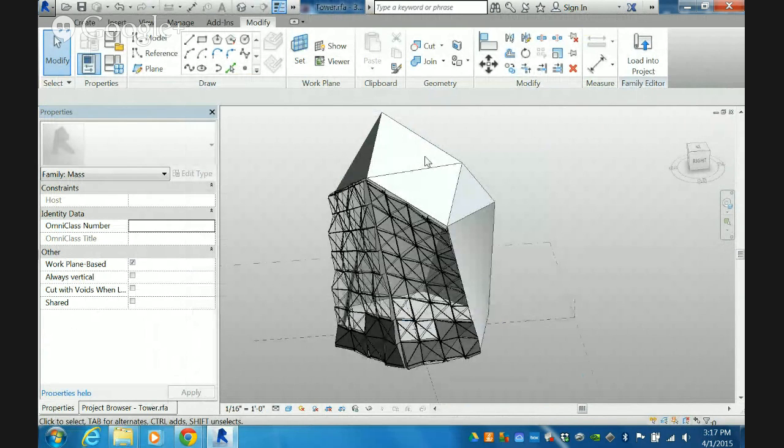Now, I pulled down a couple of additional families that I kind of want to show you guys. And these aren't mine or anything along those lines. This is from a friend of mine. His name is Marcelo. But he's popular on the Revit circuit for developing kind of weird and crazy things like this. One of the things that he was known for